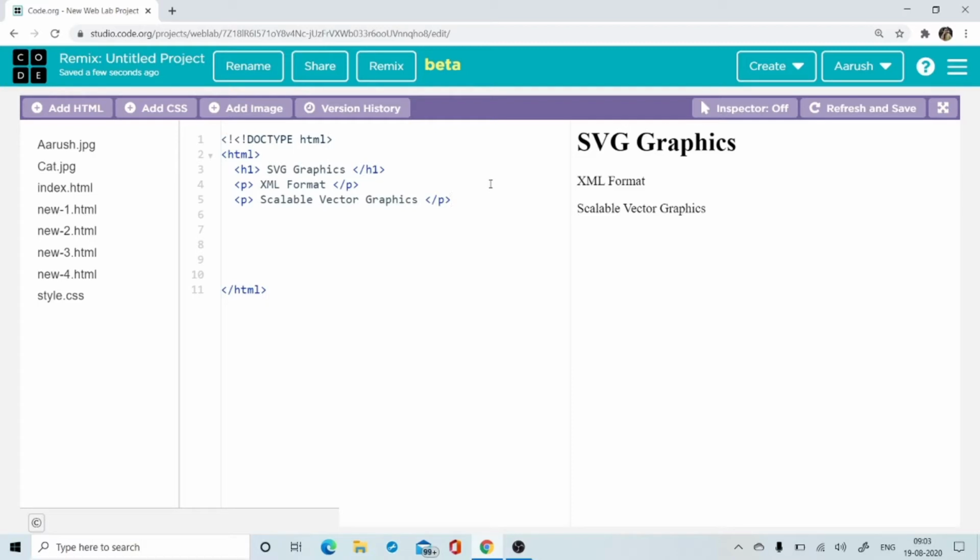Now, in the last video, you learned about Canvas. Canvas draws 2D graphics on the fly. You need JavaScript there. Here, as I told you, it needs XML. The second point is in SVG, each drawn shape is remembered as an object, right? If the attributes are changed, the browser can automatically re-render the shape, right? So if you change something, it will update it.